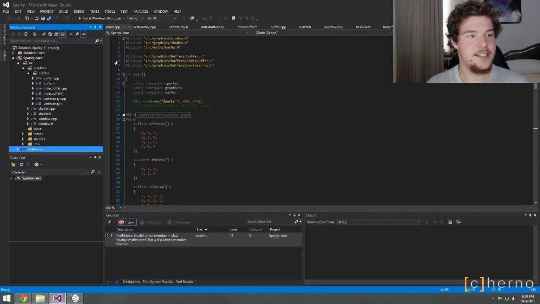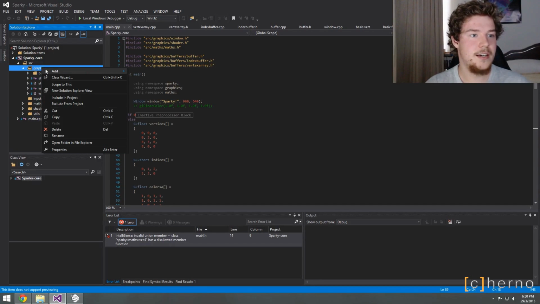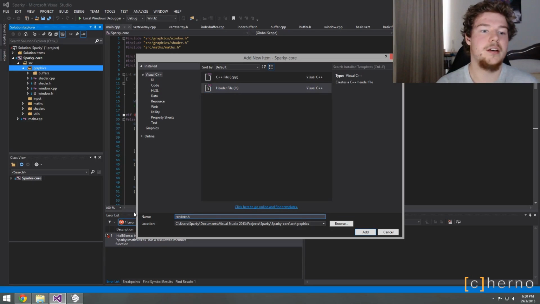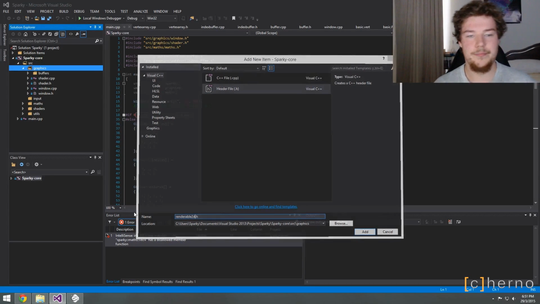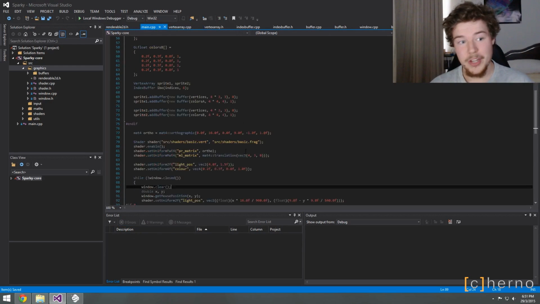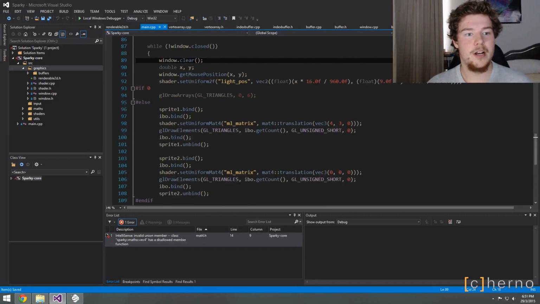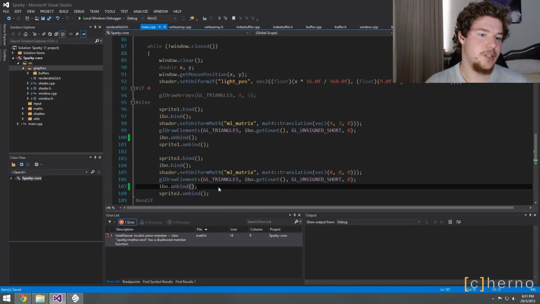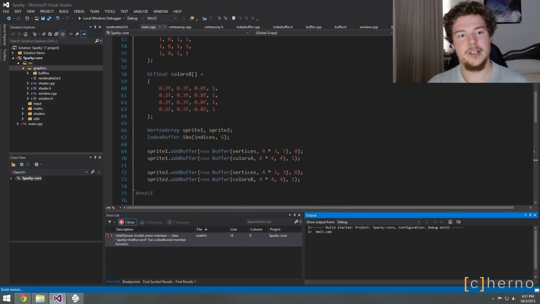So let's get started. Under graphics, I'm going to make a new item called renderable, and this will just be a header-only thing, renderable 2D. One thing I should probably mention, by the way, is that in the previous episode, when I was testing this, I just bound the IBO twice without actually unbinding it, so we should have probably done that. And actually, one more thing I want to mention quickly is that,